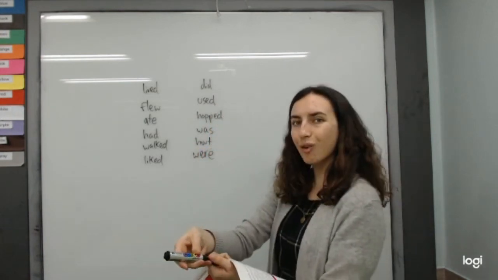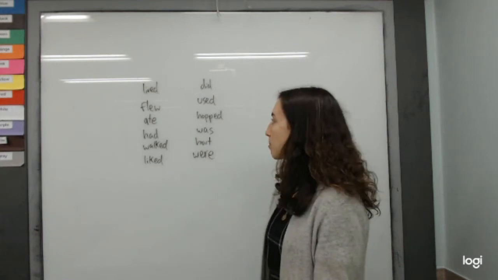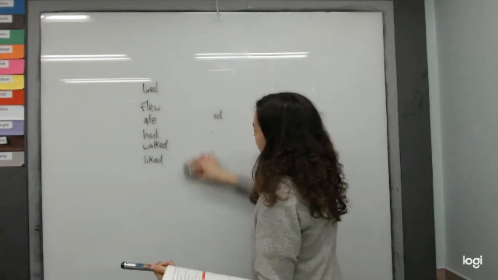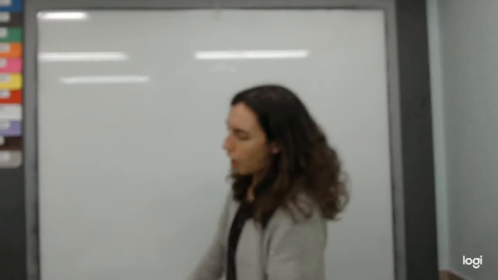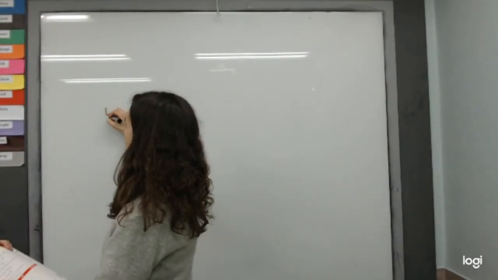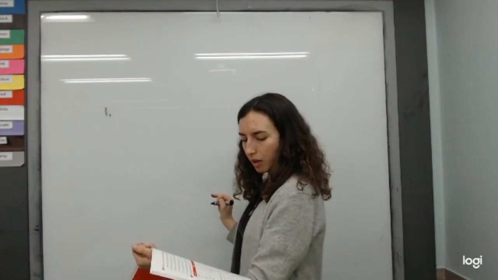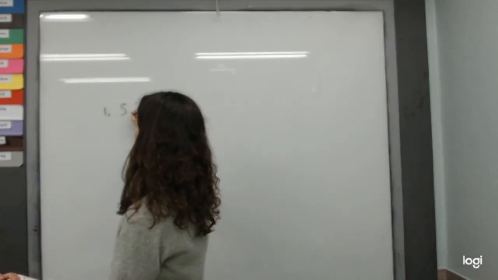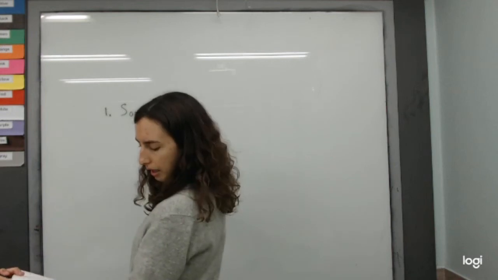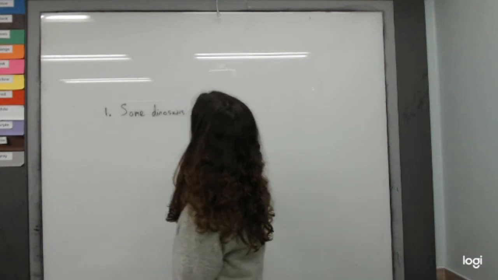Okay, so check those to be correct, and then fix your mistakes, and we will move on. Okay, so the next part, we have words in the wrong order. So we need to unscramble to write sentences. So the first one, some dinosaurs swam in the sea. The next one, first word is some, because we have a big S. Some what? Some dinosaurs ate plants.